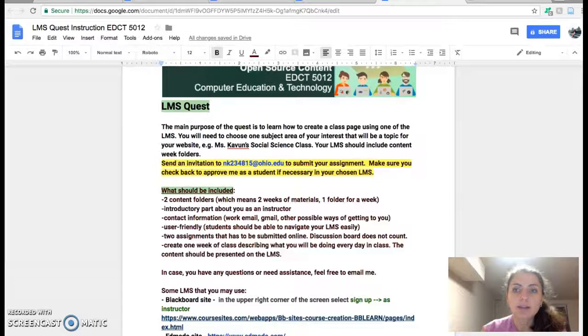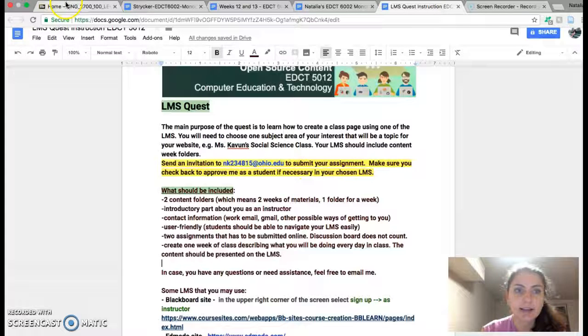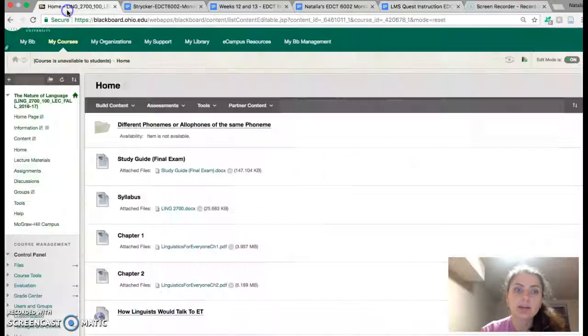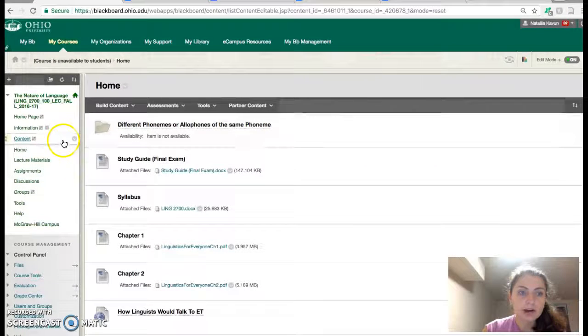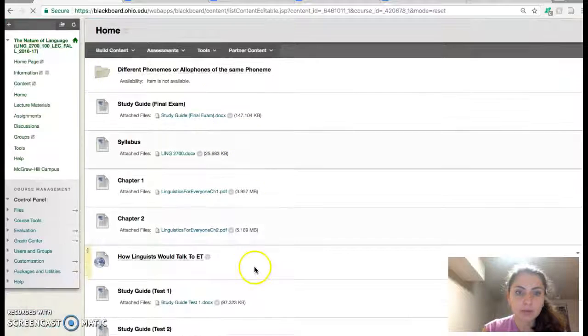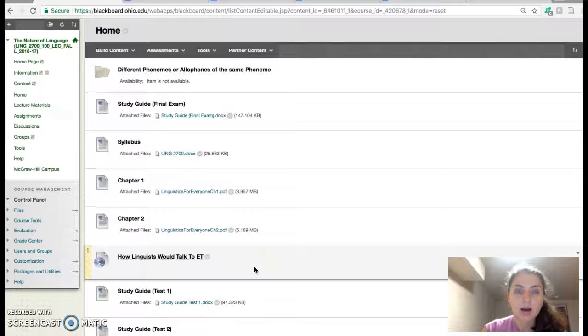Just to give you a couple of ideas, I decided to share with you my Blackboard that I have created for one of the classes that I taught in the past. And I'll be showing you Blackboard. Right here, you can see the navigation, and some of the parts are crossed out, so we haven't been using those pages. I've created the home page for my students where they were able to see the main